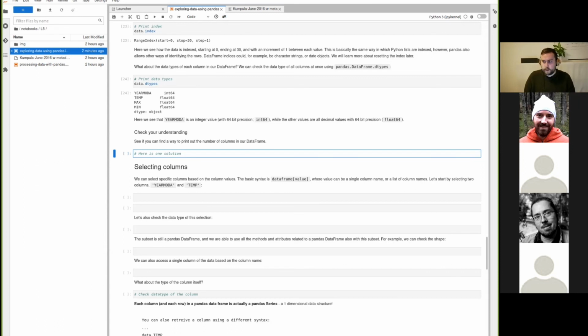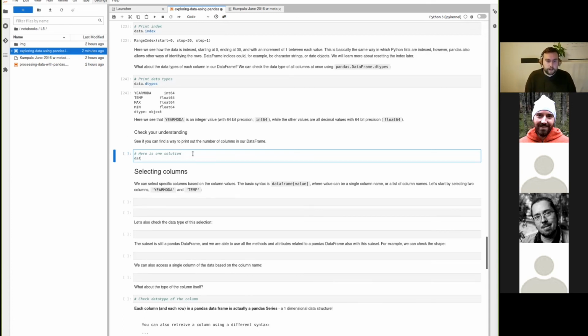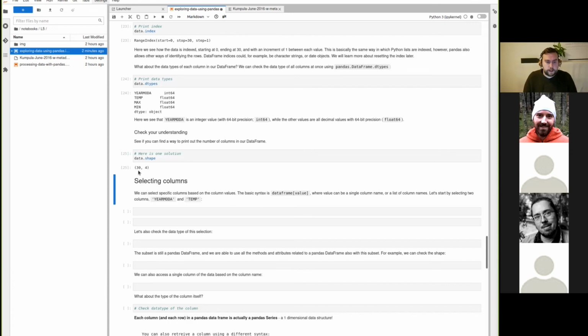Okay, I think we're at the same number of check marks as before. So I think we can continue. As you saw earlier, one of the ways we can get more information about our data frame is to access data.shape. Then we can see the overall shape of the data, so both the rows and the columns. But if we wanted to print out only the number of columns,